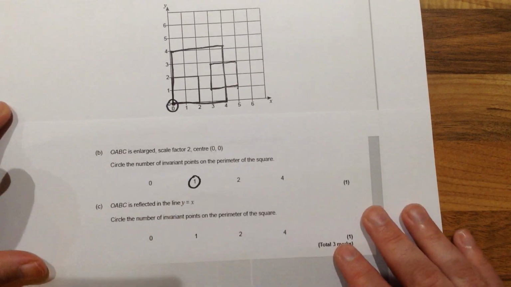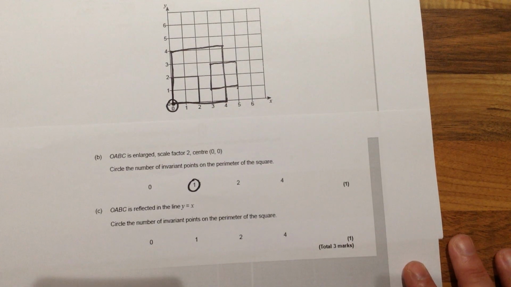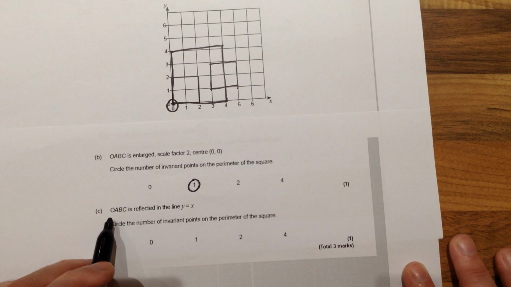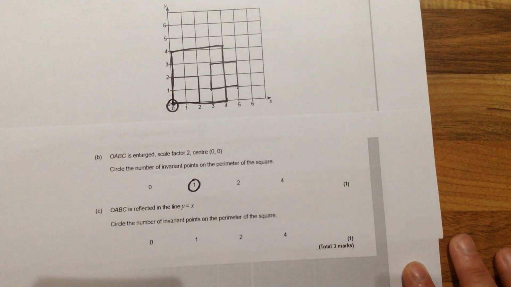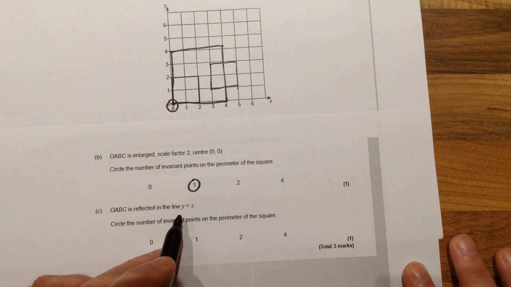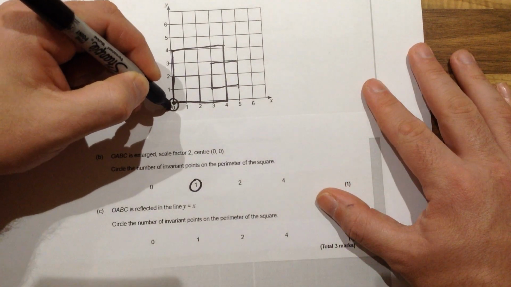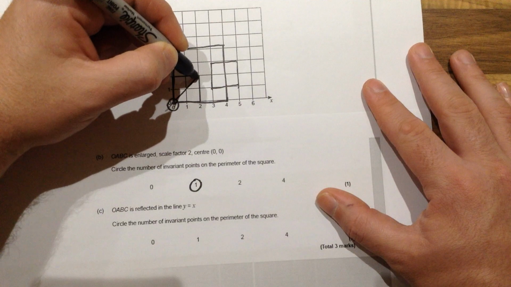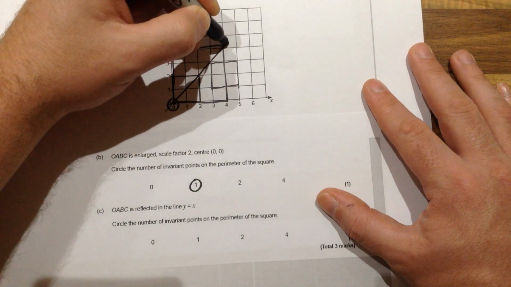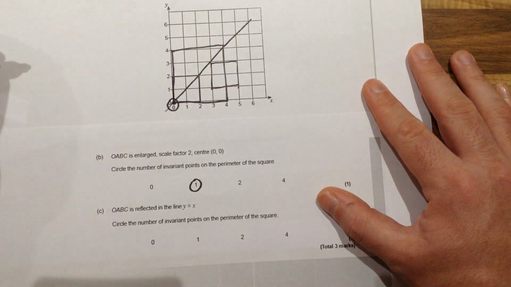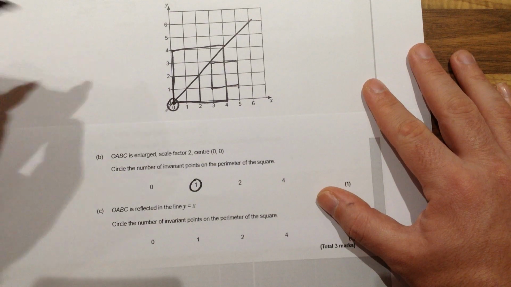The third and final one that we are looking at is a reflection. So we are going to reflect the shape OABC, so our little square that we started with, in the line y equals x. Well, the line y equals x is the point where all x and y coordinates are equal, so that would be this line here. If I reflected it in that line,